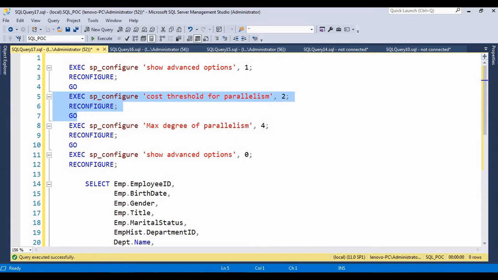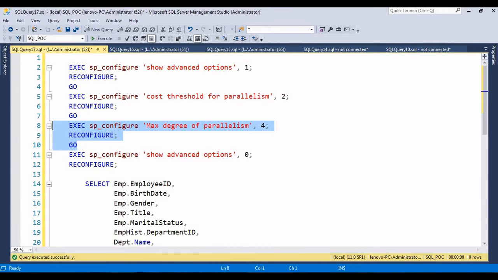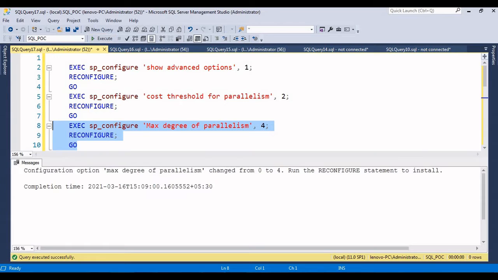We'll execute one by one. Now we can see that cost threshold for parallelism changed from 5 to 2. And we will run this statement also for max degree of parallelism. You can notice that the max degree of parallelism changed from 0 to 4.